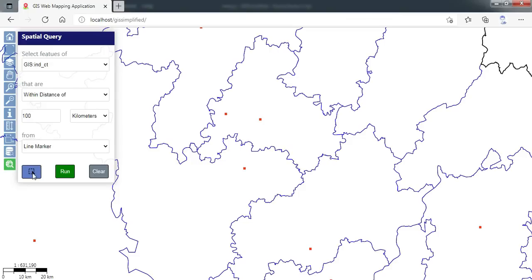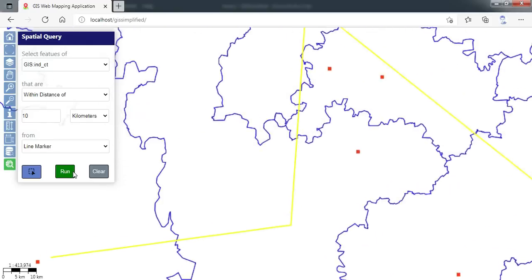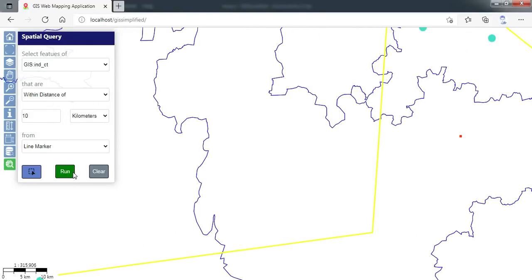Now let me clear this and then fire a query based on a line marker. Again the same user input button. Now let me digitize a very random kind of line marker, and then I will change the input length also to some smaller distance. And remember this is a district level kind of map, so distances are very long. So I'm changing it to 10 kilometer, and when I execute the query, you can see very few, only 3 objects are selected. Let me zoom out a bit so that you can see properly.